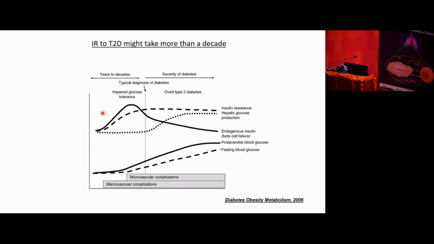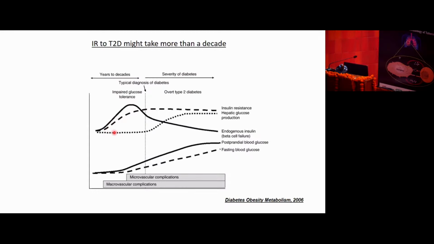So why insulin resistance is important, and why we should discuss this in terms of tuberculosis, is that insulin resistance appears in diabetic patients almost 10 to 14 years before he or she actually develops diabetes. It appears almost 10 to 15 years before the diabetes is developed. So if you're saying that TB is inducing this,